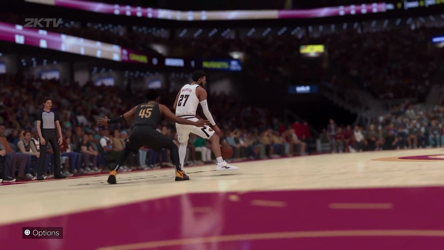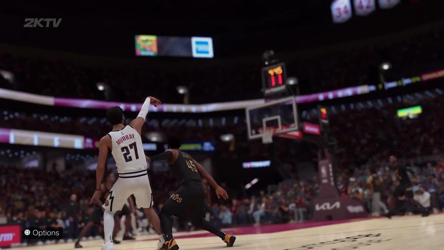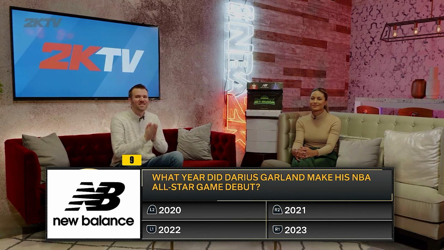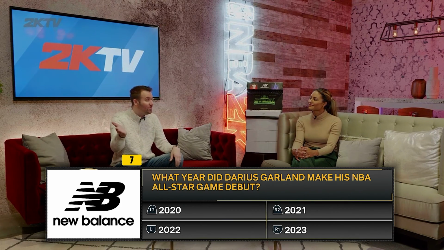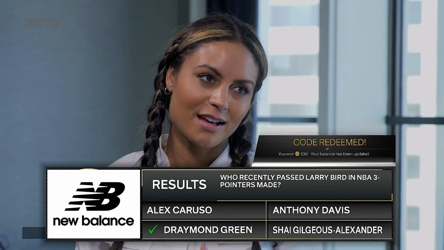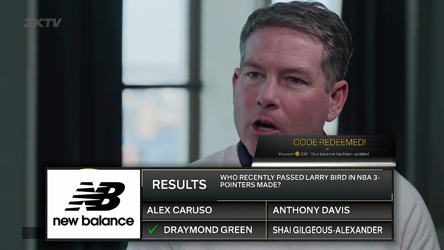Now what's going to happen, occasionally over time there are going to be these little questions that pop up, and if you get these questions right, they're going to give you VC for getting them right. As you can see, a question has popped up: what year did Darius Garland make his NBA All-Star Game debut? The answer to that is 2022. As you can see, I got it right, and I got 200 VC for just answering that simple question right. Now obviously if you get the question wrong, you aren't going to get anything, and lucky for y'all, I am